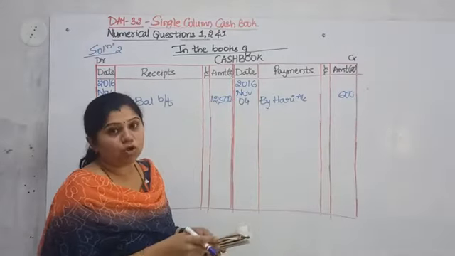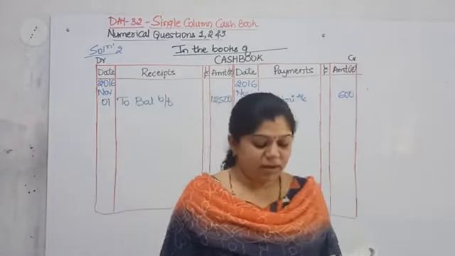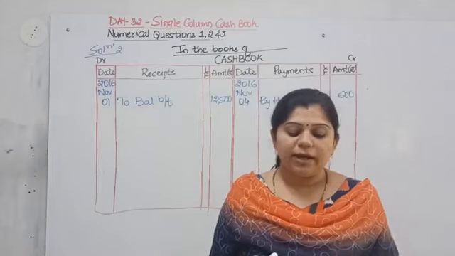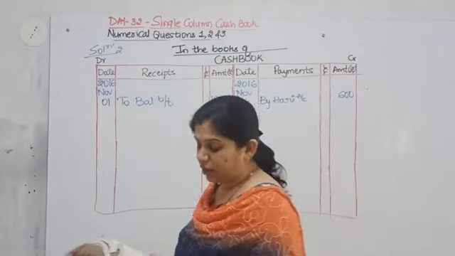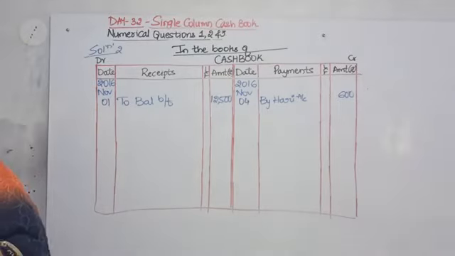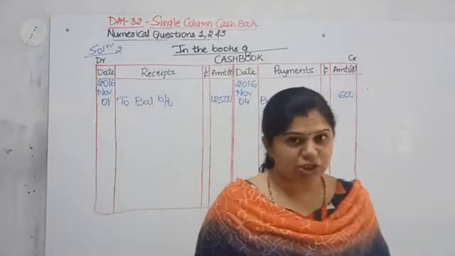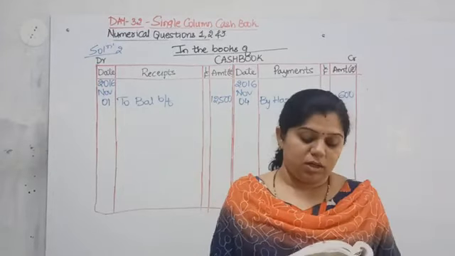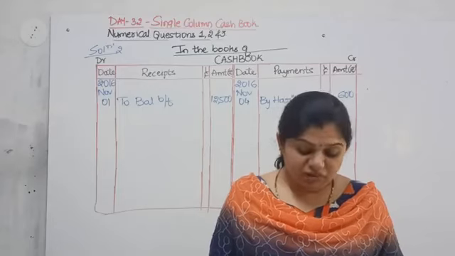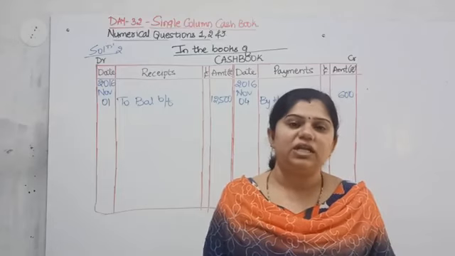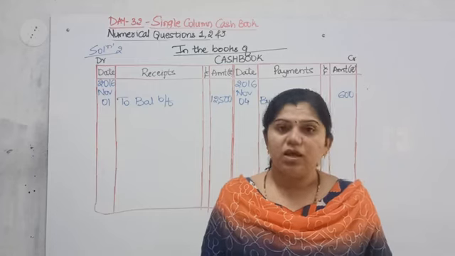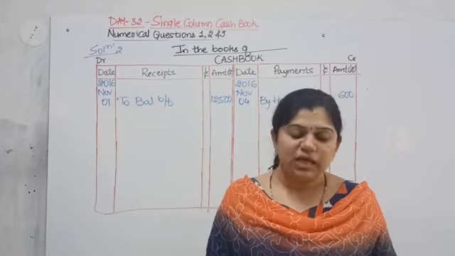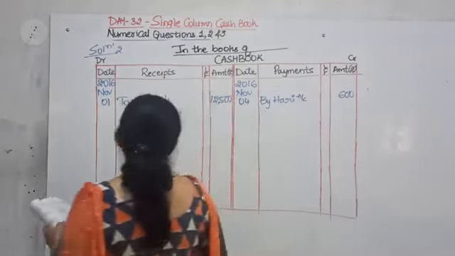Next, purchased goods. Please understand whether it should be recorded into the books, yes or no. Record the following transactions in the simple cash book. Has it been mentioned here clearly whether it's a cash transaction or not? It's not mentioned. Sorry, it's a cash transaction. Even if nothing has been mentioned, you have to assume that it is a cash transaction. But if the name of the person is given and clarity is not there, then you have to assume it's a credit transaction. So, purchased goods, and here, write it down.